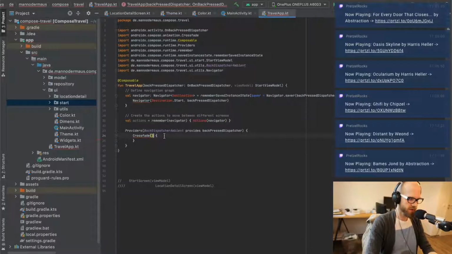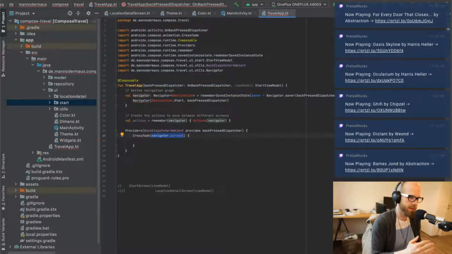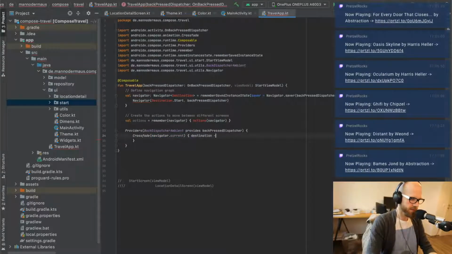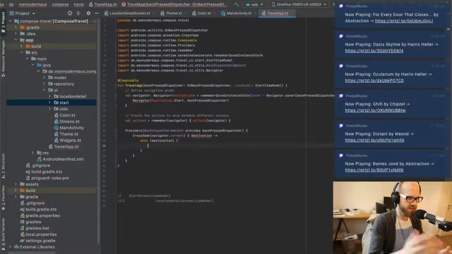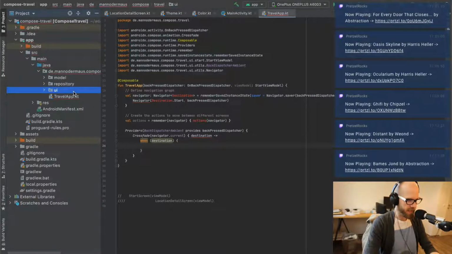And then the last thing I'm going to do before we jump to that is going to be giving the current navigator object to the crossfade. So as I understand it, whenever that changes, then the crossfade will recompose, and that means it'll go to the next screen. Okay, and that actually is being passed in here. So we can do a when statement, and then we know what is the new screen, what composable do we need, yada yada, that kind of thing. Okay, so let's go